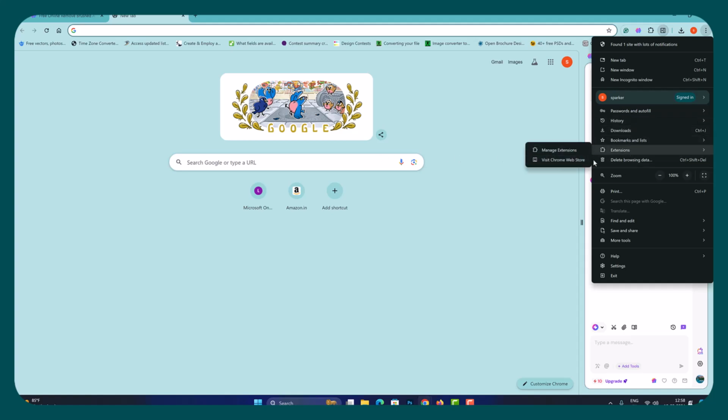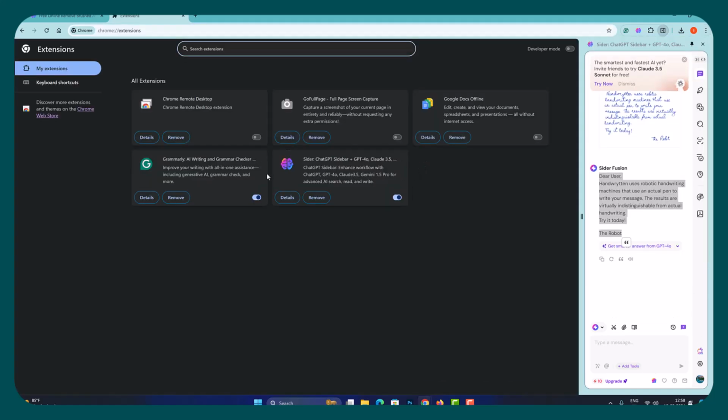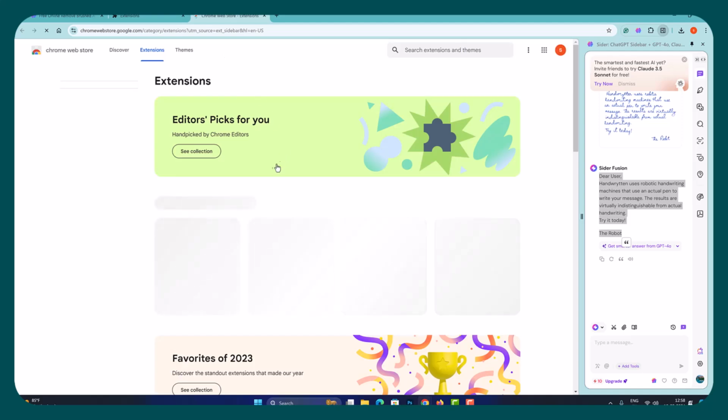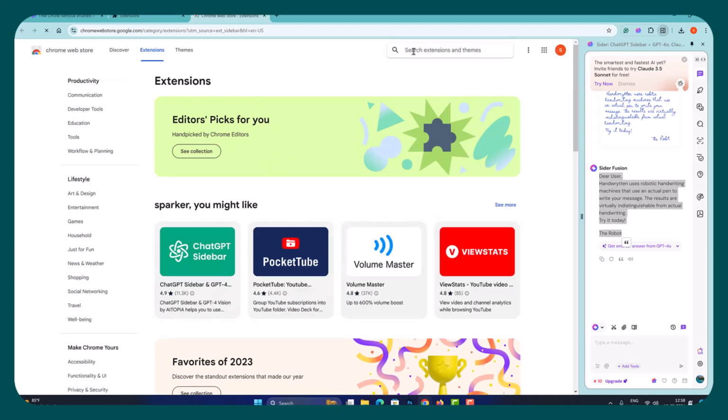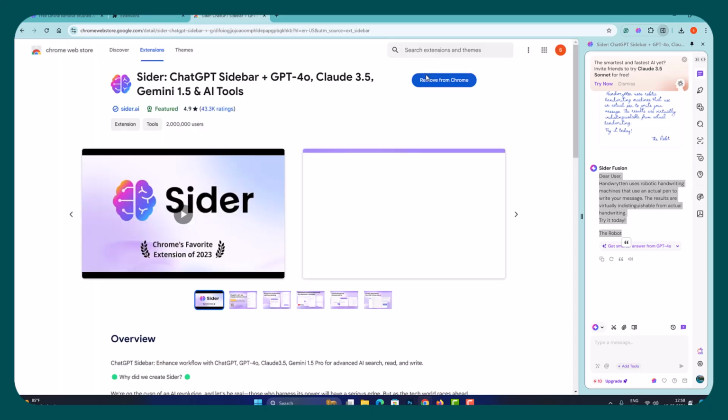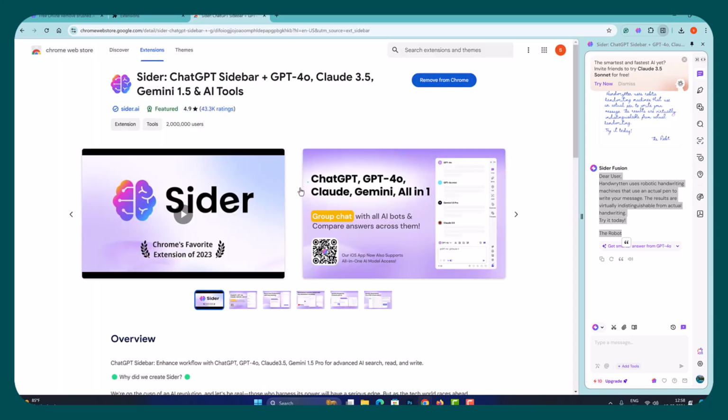Sometimes we need to extract text from part of an image, etc. We can completely control the AI because we can turn it on or off, and we can get it from the Google Chrome web store. Search for Cider AI. It comes with ChatGPT, Claude 3.5, and Gemini 1.5, etc., and many more AI features